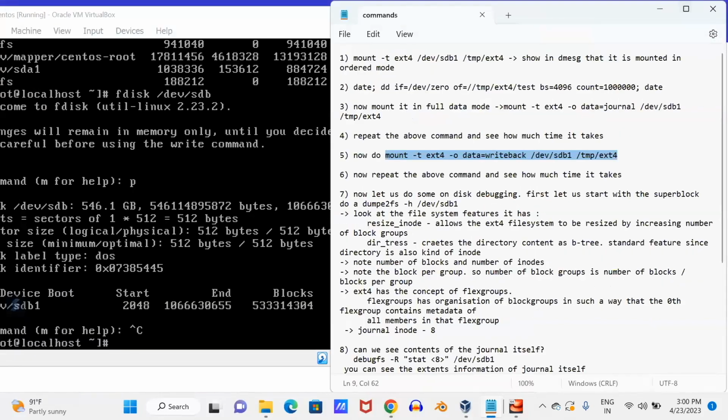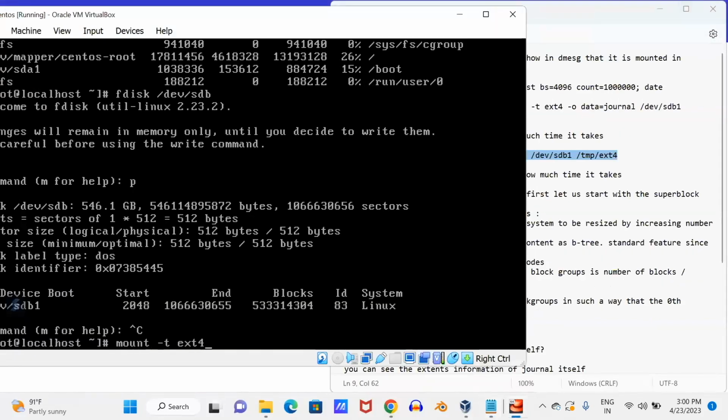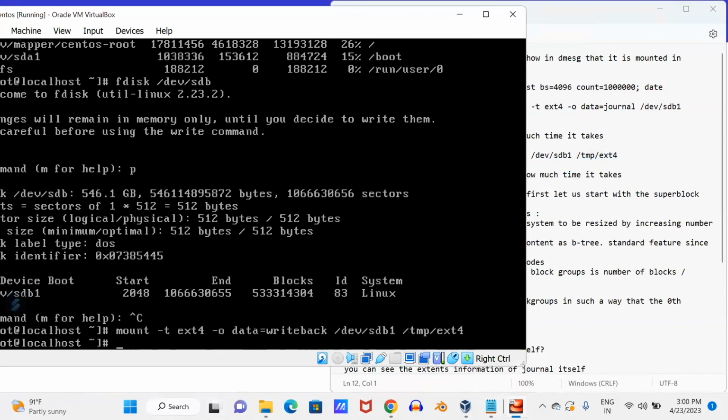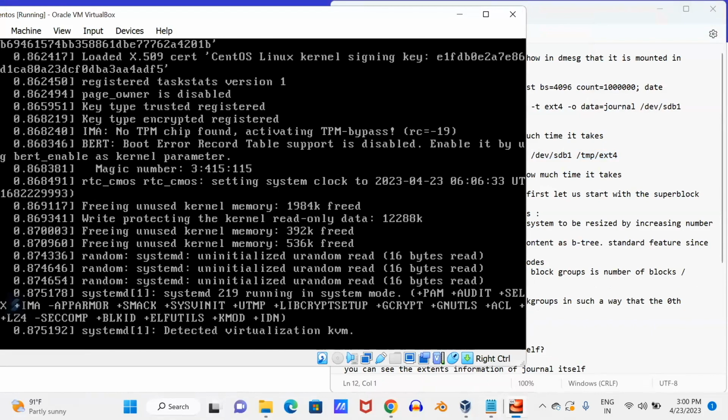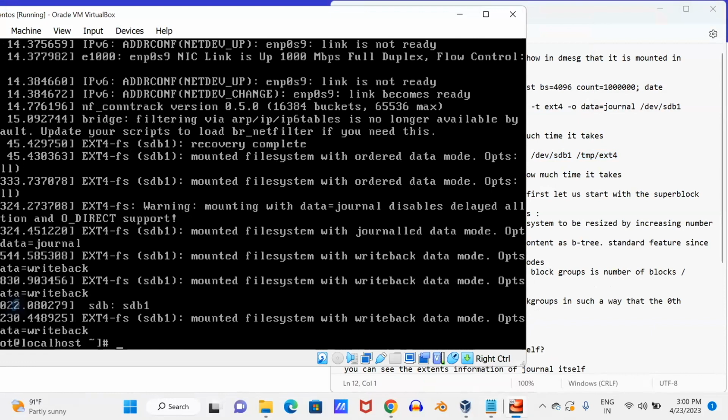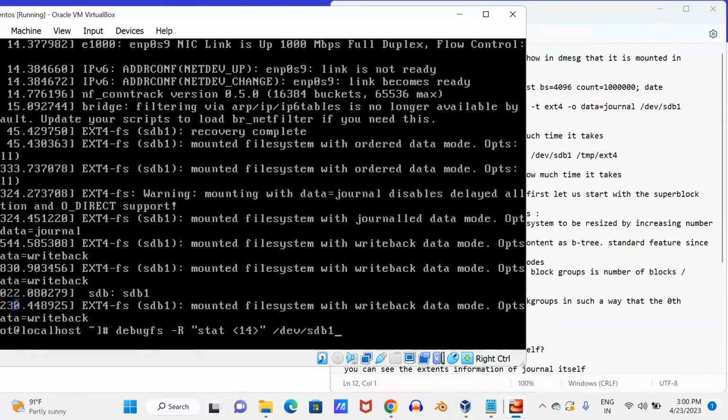mount -t ext4 -o data=writeback. Once I mount it, data is written right back. So you receive a dmesg message saying it is being mounted to the file system, with write back data. Okay. Now I'll do a small dd of one particular file,